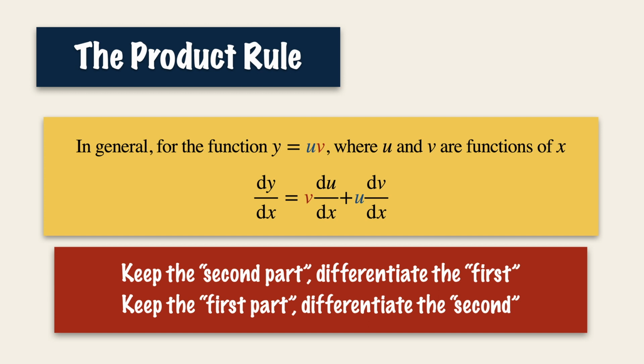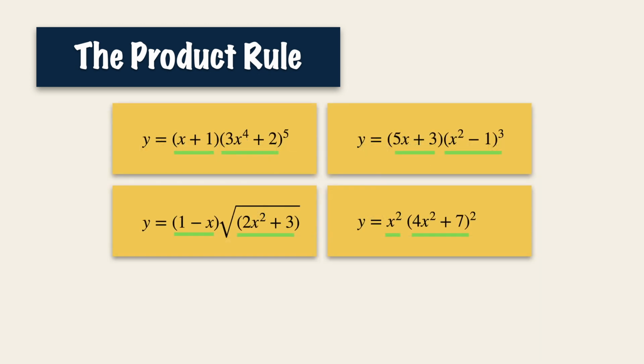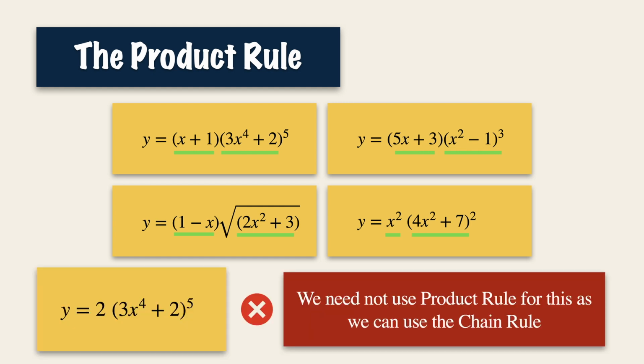Now the product rule is used when we need to differentiate a function that is a product of two functions. Some examples where the product rule can be used are shown above, where there is a variable x in each of the two functions, and the two functions are a product of each other. In the last example, it is a function that is a product of two other functions. However, there are no variables over here,